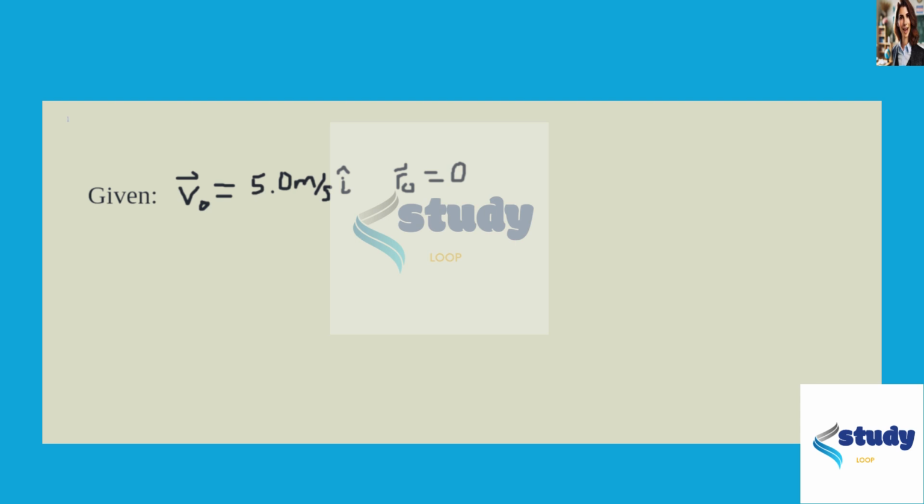Okay, so our question says, a particle starts from the origin at time t equals 0 with an initial velocity of 5.0 meters per second along the positive x-axis. If the acceleration is minus 3.0 i hat plus 4.5 j hat meters per second squared, determine the velocity and position of the particle at the moment it reaches the maximum x coordinate. Okay, so